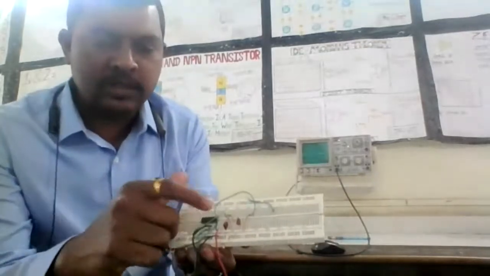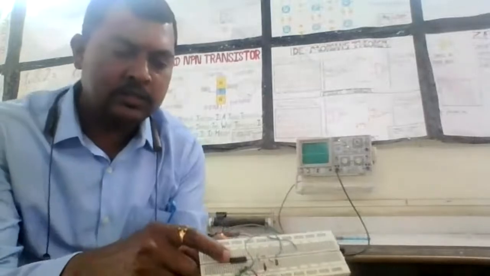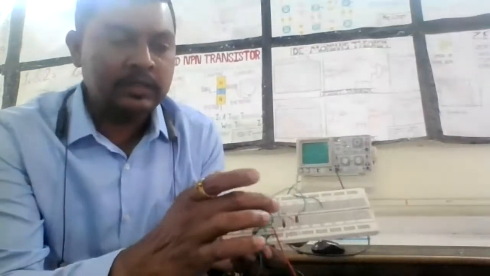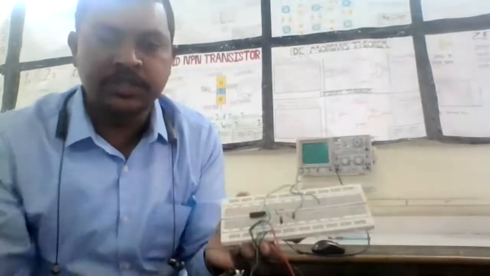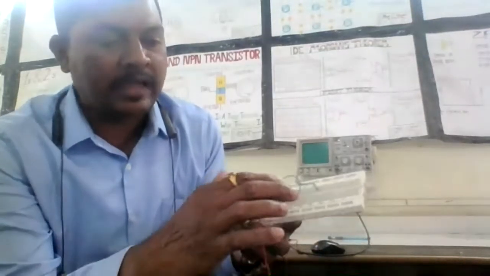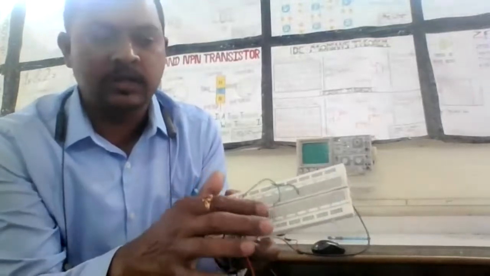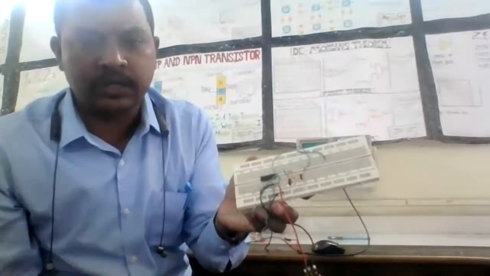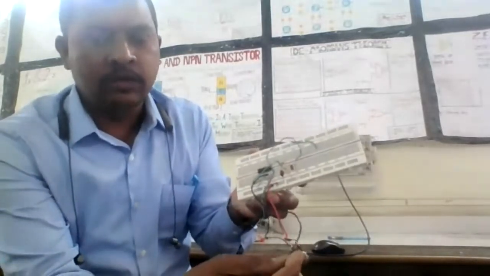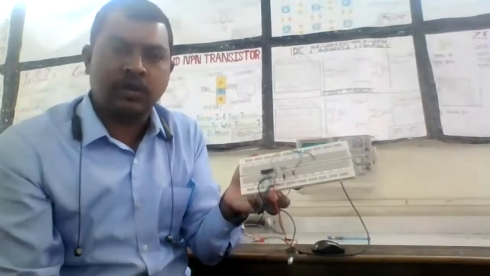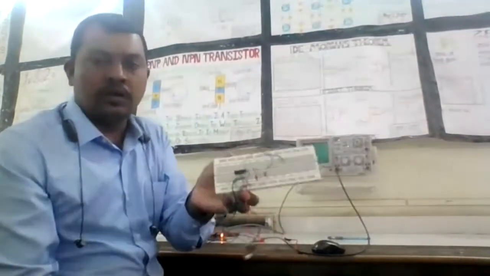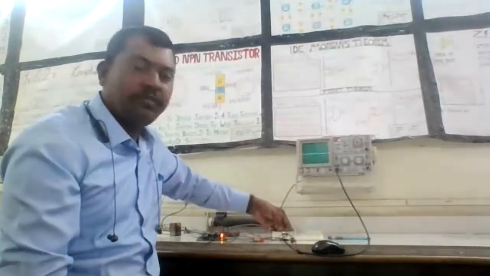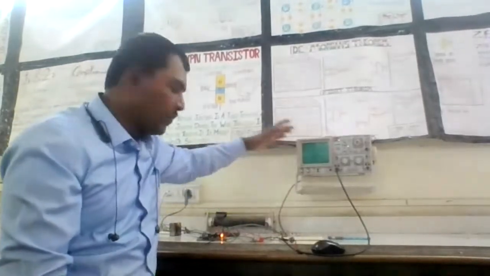So these are the two capacitors and these are the two resistors which we have connected. And this is the IC of the op-amp which we are using, that is TL084. And we have connected this circuit as a bridge circuit. This is the tank circuit that we are having, these two, and this capacitor and resistance are in series, right? And this is a feedback resistor which is connected over there. And this is a pot which can be adjusted according to our requirements, right? So this is the circuit of the Wien bridge oscillator. Today we are going to study this circuit and we'll try to see the waves on the CRO, right?